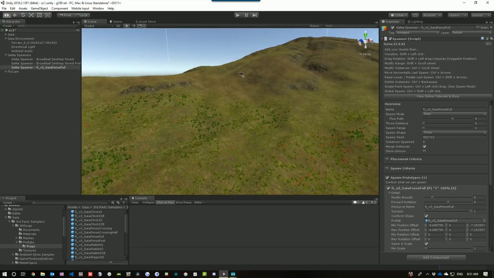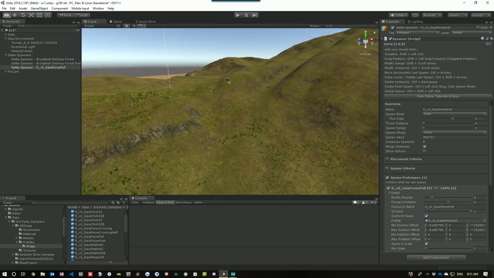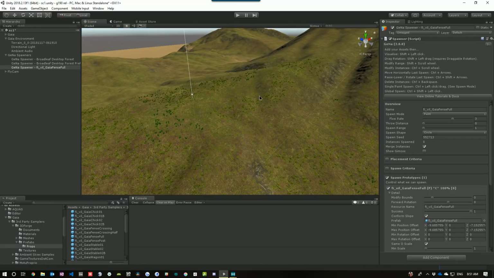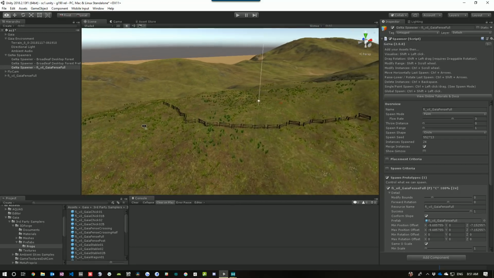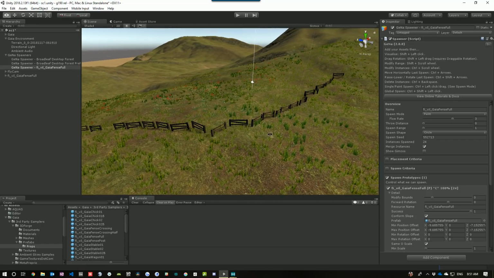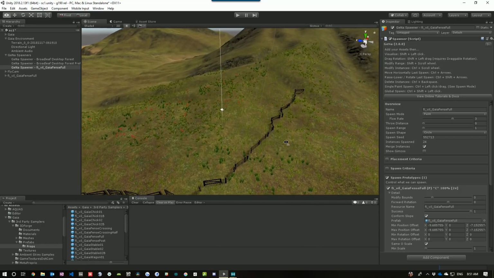And let's go and place them over here along this ridge. It's got a nice ridge here. So I'm just going to paint our little fence down this ridge line. Now it's not always going to get it 100% right. There's often various reasons, but you can see it's gone pretty good, and compared to doing this manually, it's a